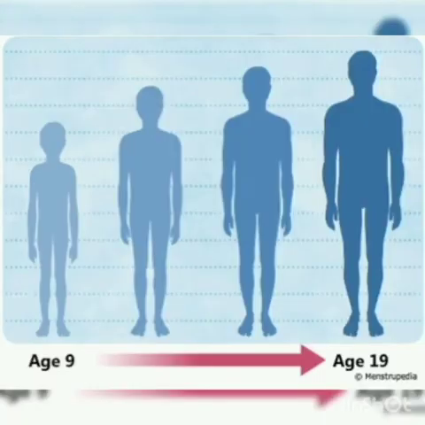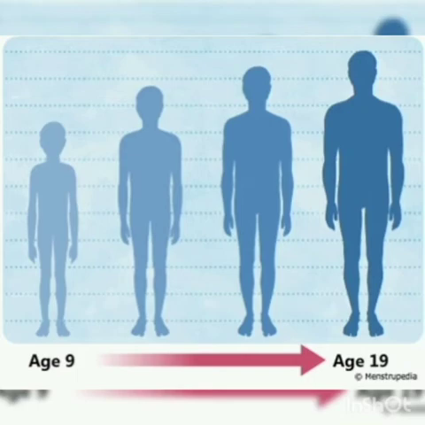Okay, and the third one is the voice change. The voice cracks in the case of boys when they reach their puberty stage. It's because of the voice box present in the throat region, that is nothing but the larynx. We can find a protruding bone in the throat, which is nothing but the Adam's apple. Hardly visible in the case of girls because it is smaller in size, but in the case of boys, when the pitch changes, we can easily notice the hoarse voice. Okay, and it will diminish after a week or so.